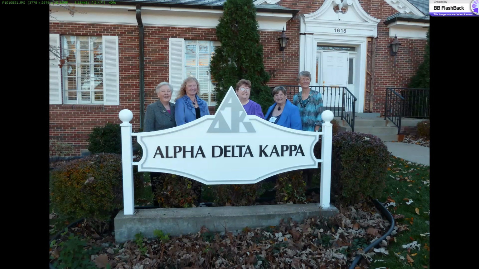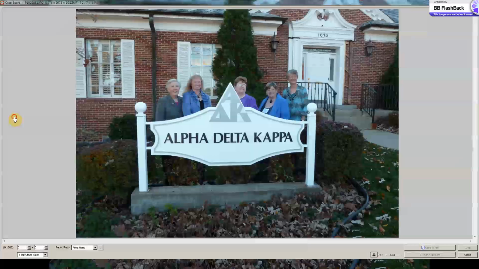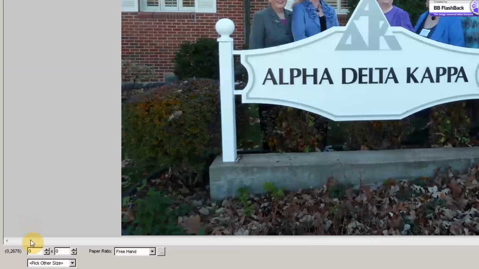Now this is a pretty good image, but the main area that needs to be emphasized here are all of the ladies that belong to Alpha Delta Kappa. So the next thing that we need to do, which I would recommend with this image, is to go ahead and crop it. And again, if we go over to the left hand slide out, we choose the crop board. We come up with this screen, and down here at the bottom